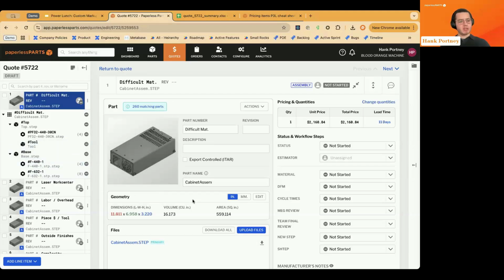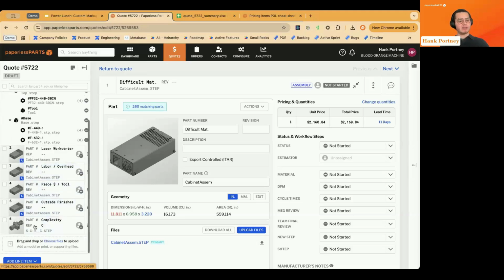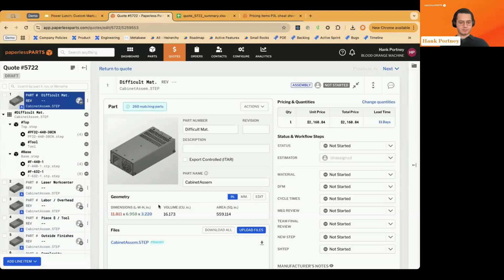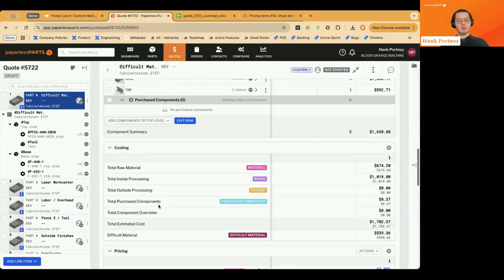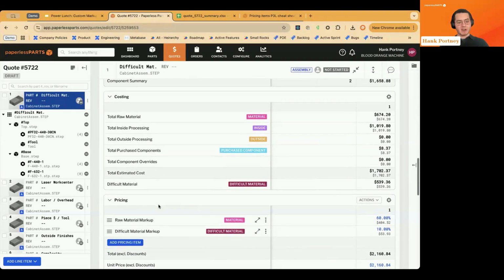This assembly is just representative, but of course this feature would work with anything that you might be costing and pricing, including non-assemblies that we'll show a little bit later. In this first example, we have applied a brand new markup to a specific subsection of material cost, specifically difficult materials. In this quote, material cost for our 1 component represents $674, but difficult materials accounts for only $539.36 according